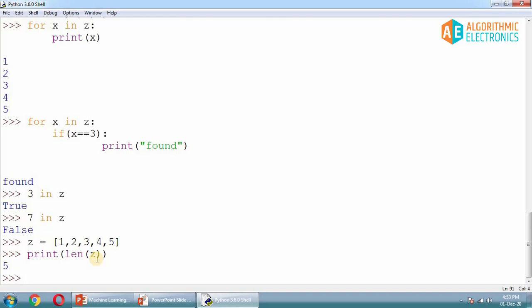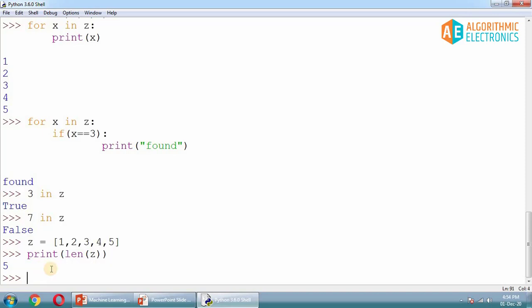The second important thing is that we must be able to add an extra element inside the list. So if it is 1 2 3 4 5, I must be able to add another value inside this. Let's say I want to add 6 as an additional element. Is it possible?